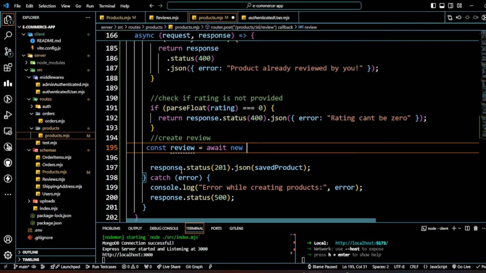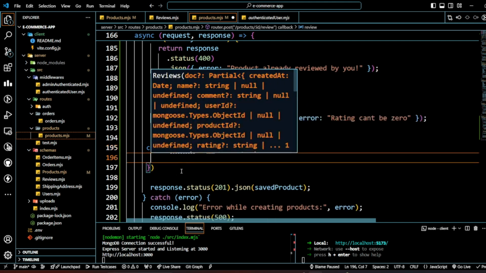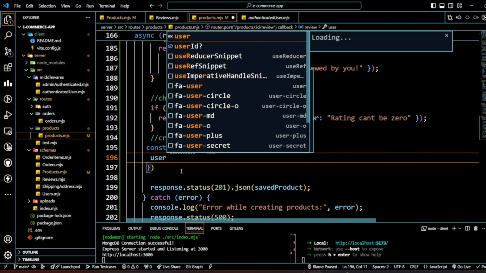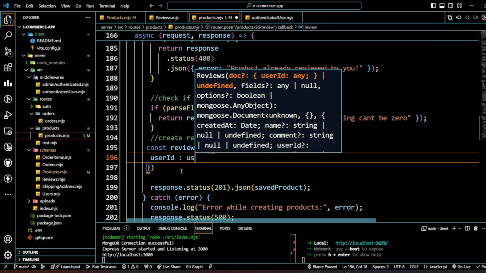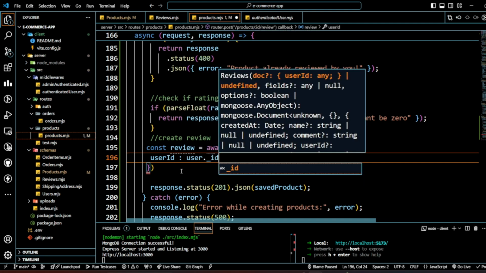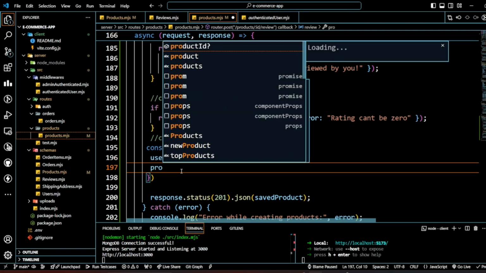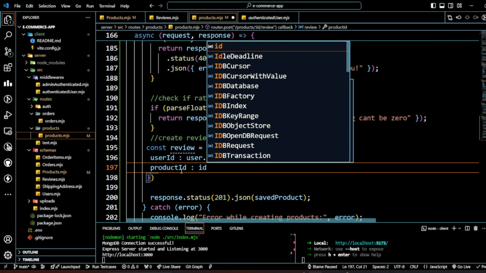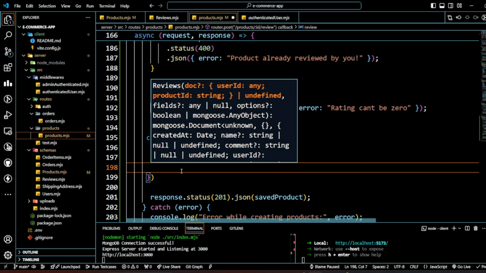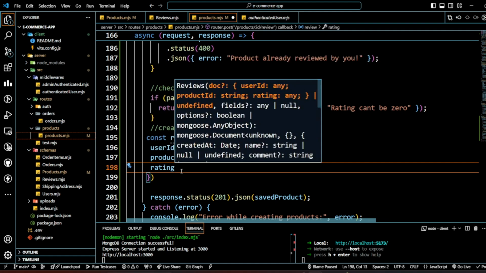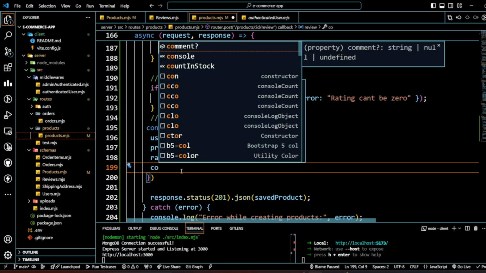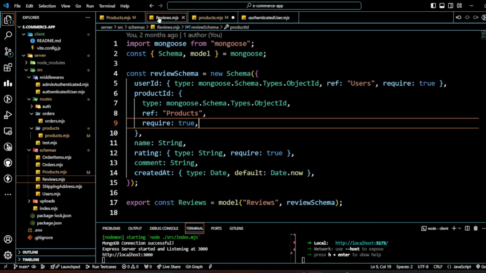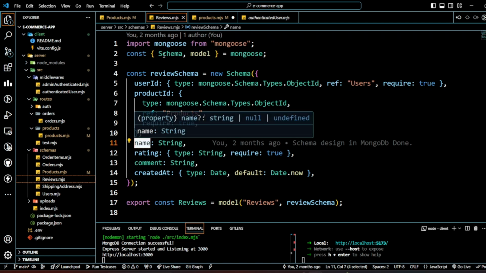new Reviews, provide all the details: user ID, user dot underscore ID, product ID equal to ID from the params. Then we have the rating, then we have the comment, and one more thing we have, I guess, the name. Okay, name. So name will be